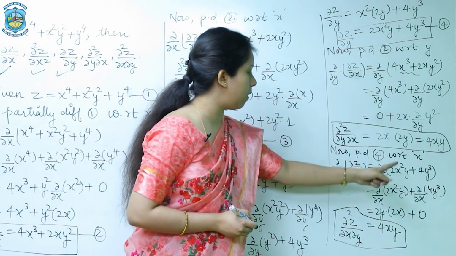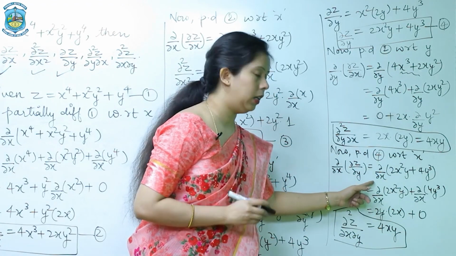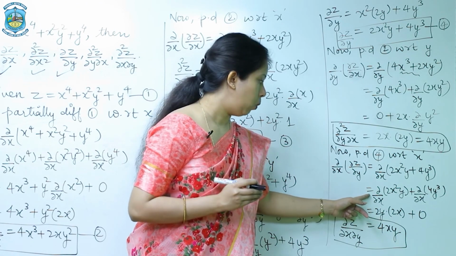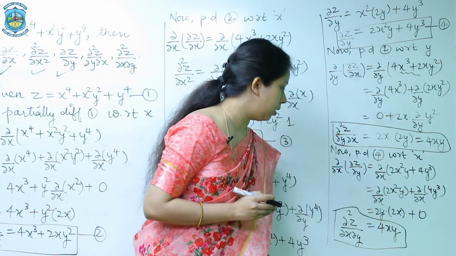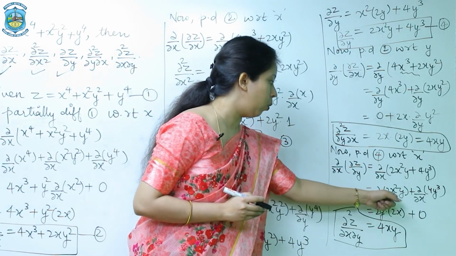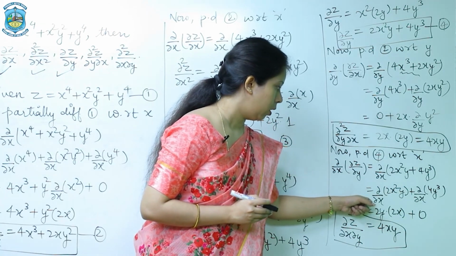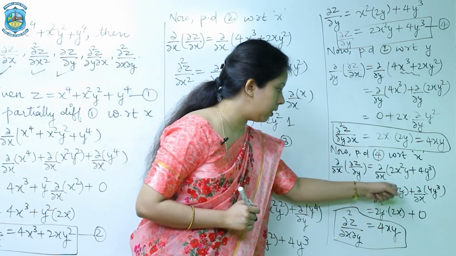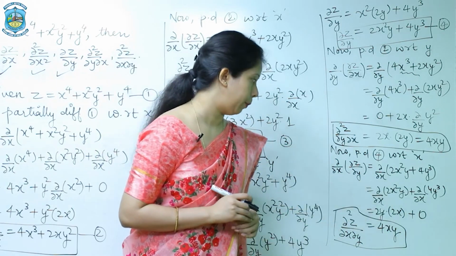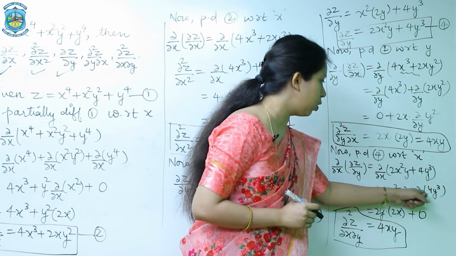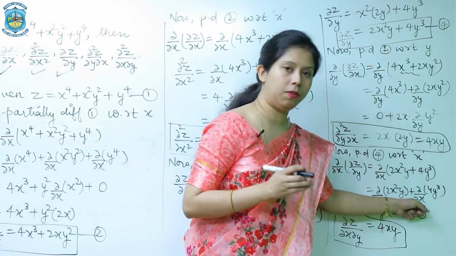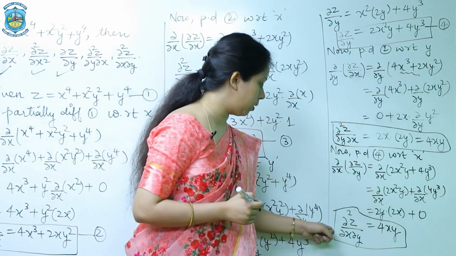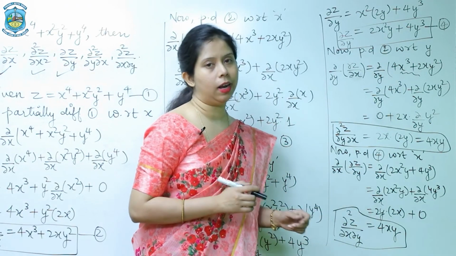So we have substituted this value within the bracket, and applying the rule of derivative of sum of functions, that is equal to the sum of the derivative of the functions, then differentiating 2x²y with respect to x. So here 2y will be taken outside and differentiation of x² will give you 2x. Further, the differentiation of 4y³ with respect to x will give you 0 since we are doing partial differentiation. So the final value of ∂²z/∂x∂y is 4xy.